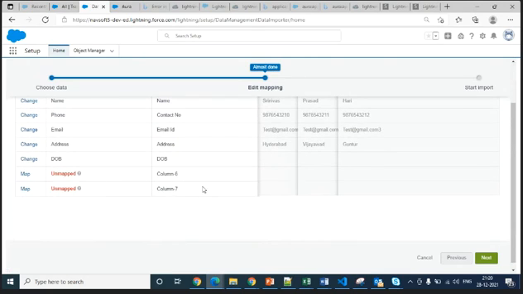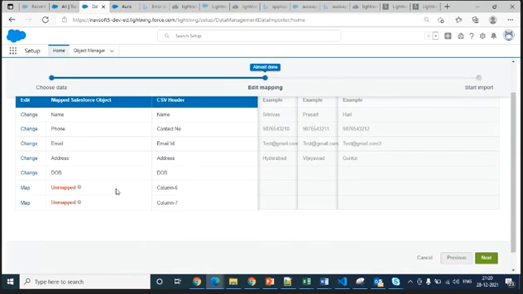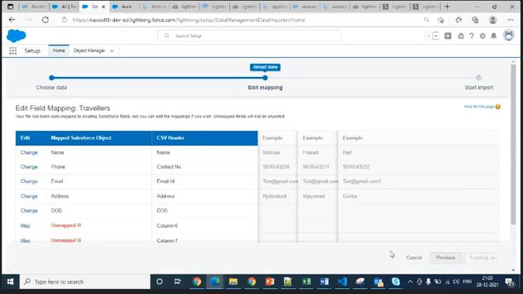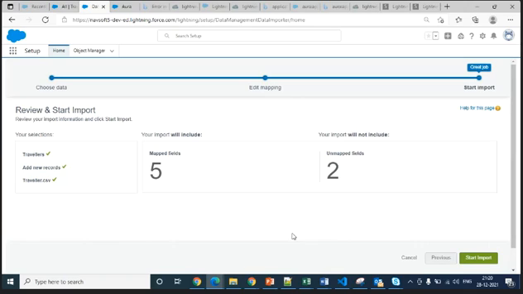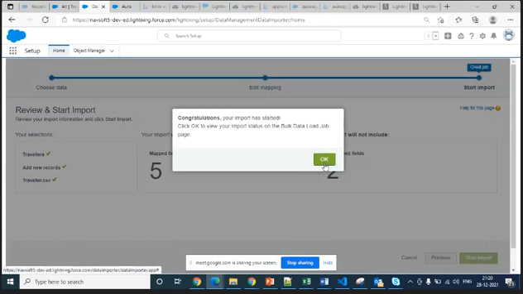So the data has been mapped. The other two things you can ignore, it's okay. Then click next. Once you click next, it is mapped and everything is done. If you click start import, it will start importing the data.